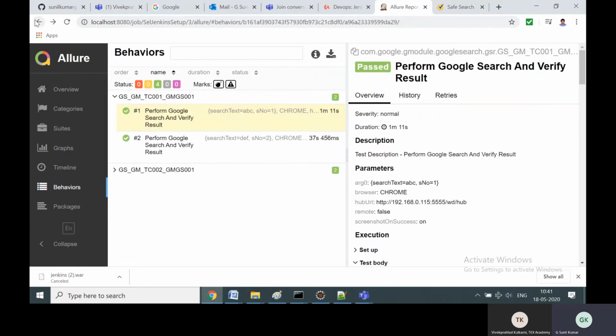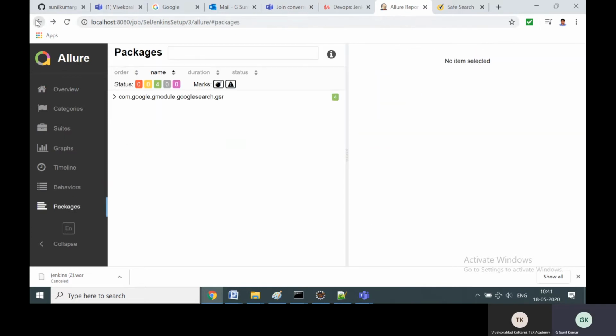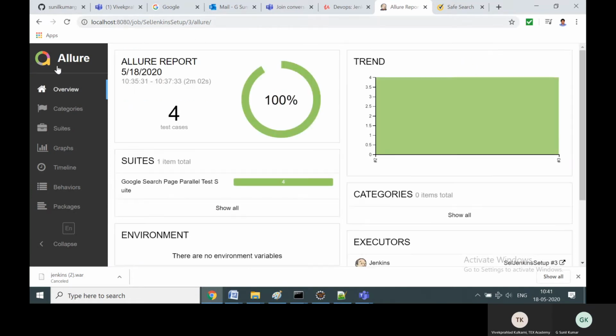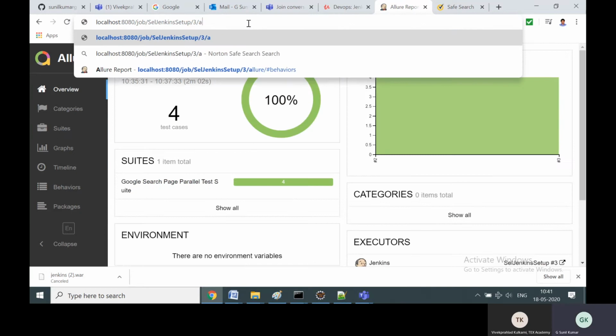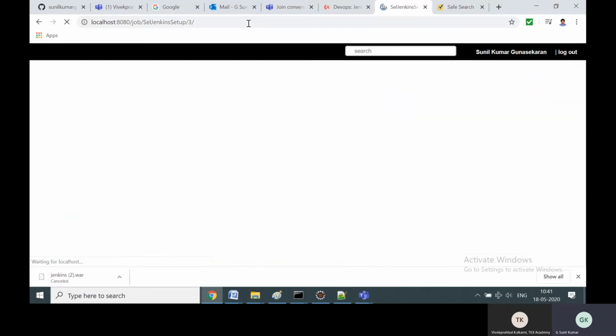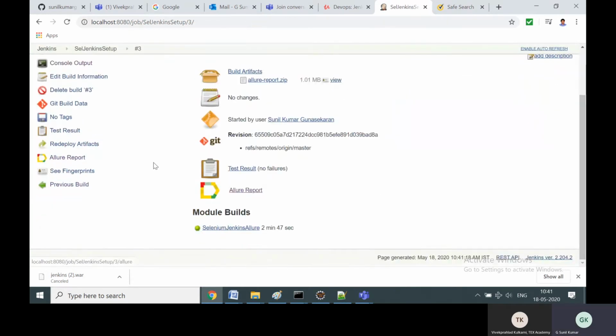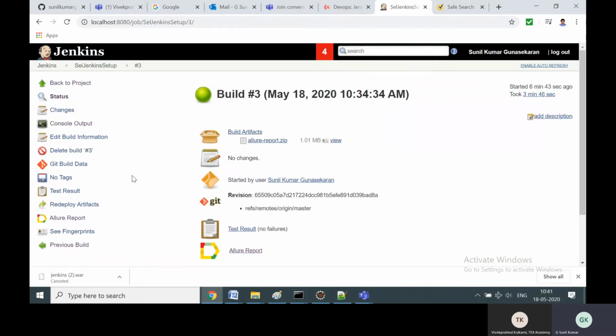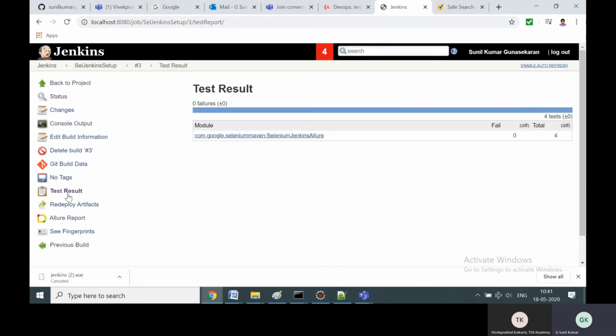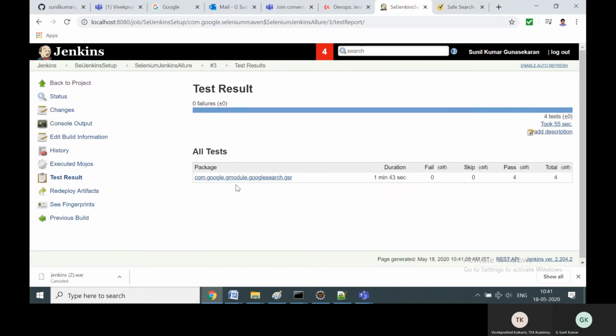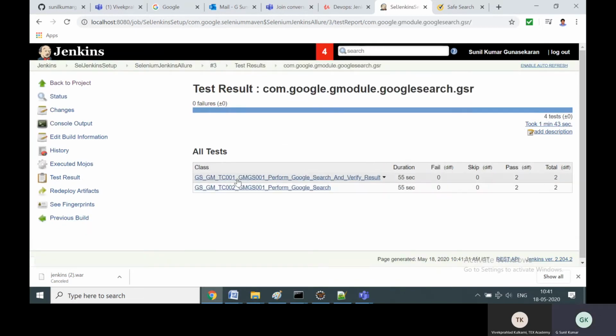So let's go back to our job. This is your job. We have successfully viewed our report. If you don't set up Allure report, it will be the test result. It will show that Selenium Jenkins executed, this is the package executed, and these are the 2 test cases which executed: duration, pass, and total.